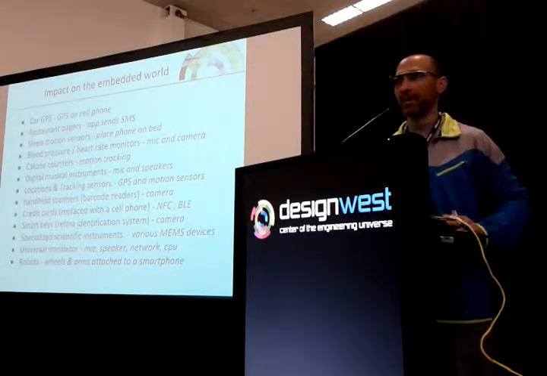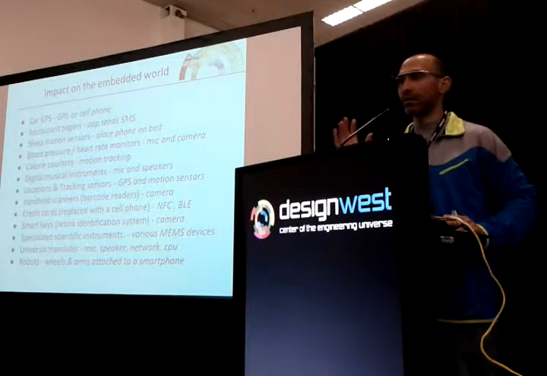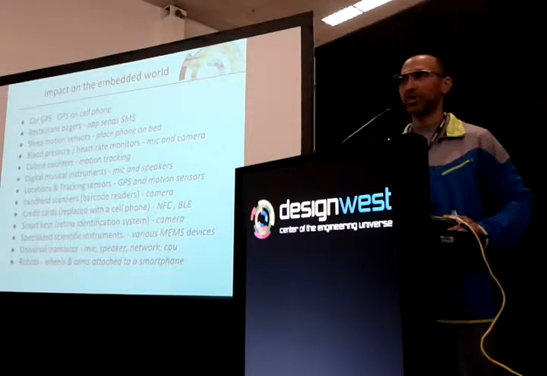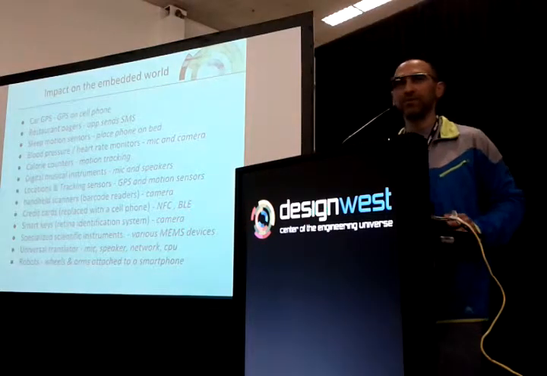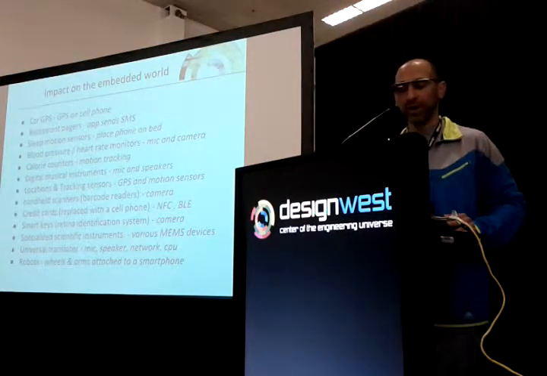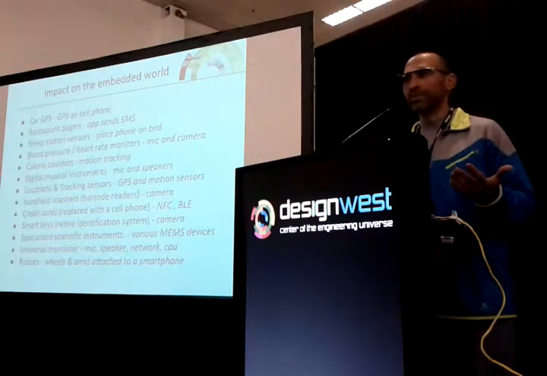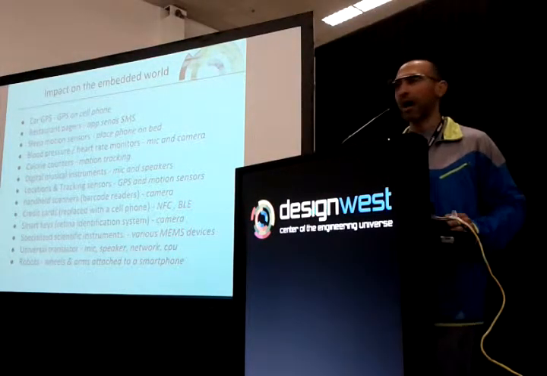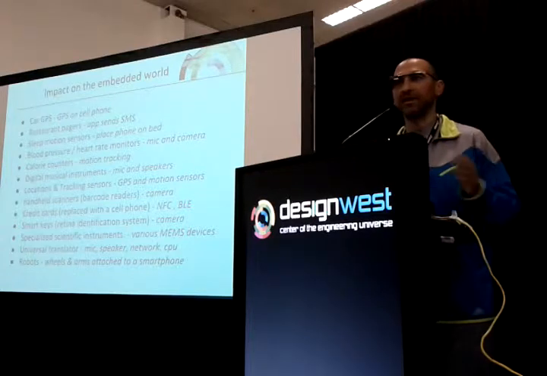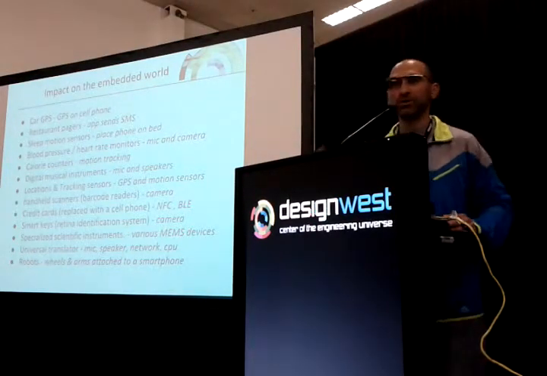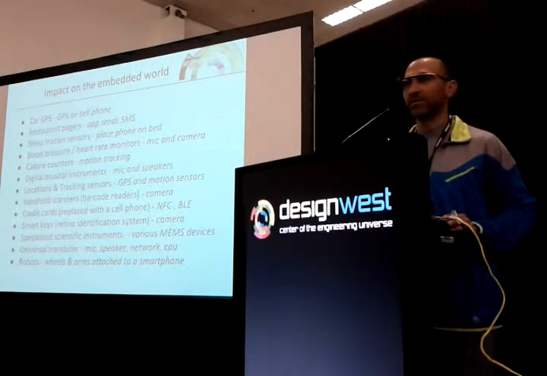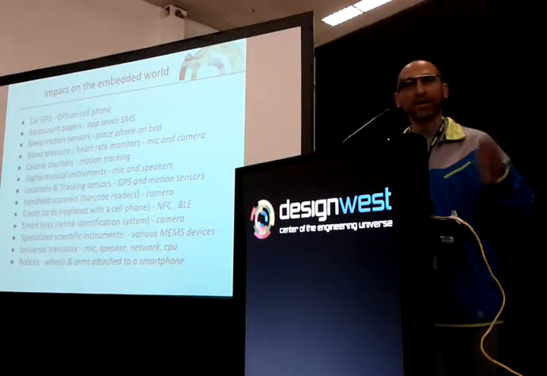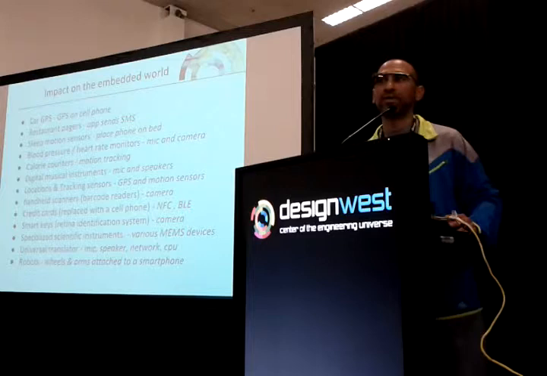Smule is a company that uses the microphone on the cell phone and the speakers to make innovative music devices, right? Most GPS systems now are on our phones. In fact, the Android GPS system outworks my car's GPS by a factor of 10 to 1. And when I go driving with my friends, they turn off the GPS in the car. They put their Android phone on the dash, and they go with the Android phone.